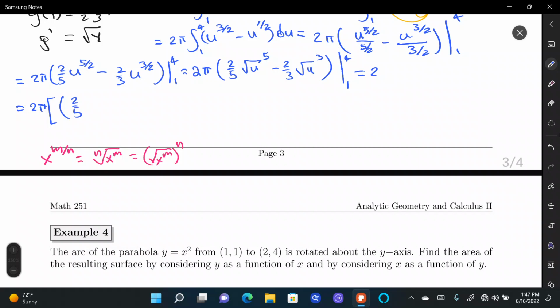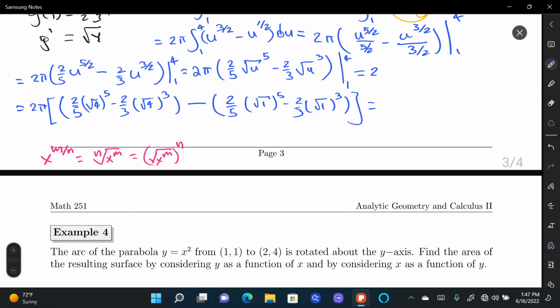(2/5) square root of 4 to the 5th minus 2/3 square root of 4 to the 3rd, minus 2/5 square root of 1 to the 5th minus 2/3 square root of 1 to the 3rd. Alright, and after simplifying all this,